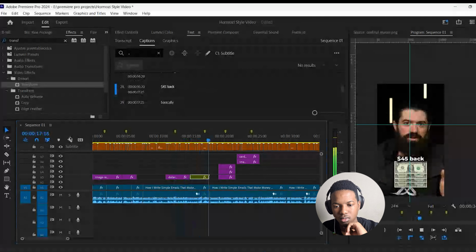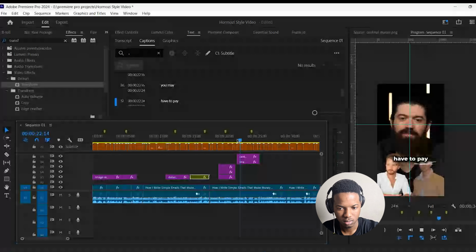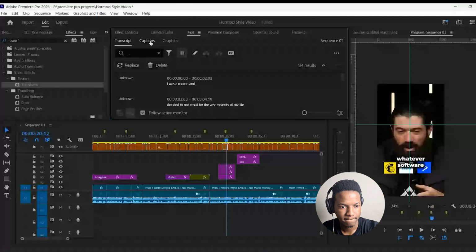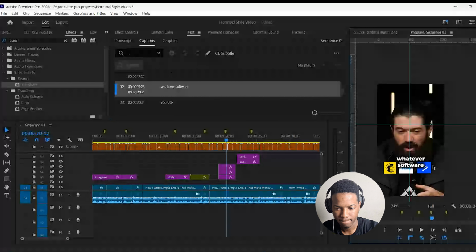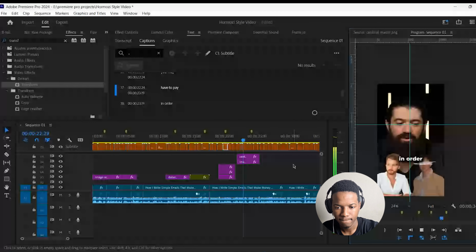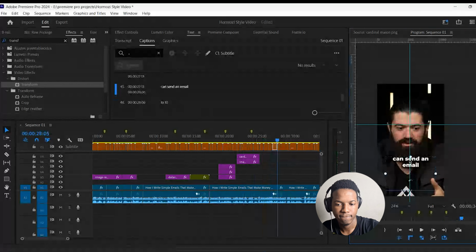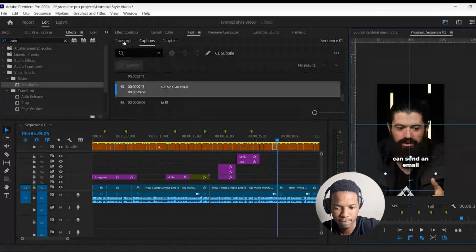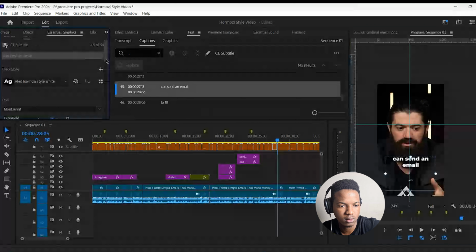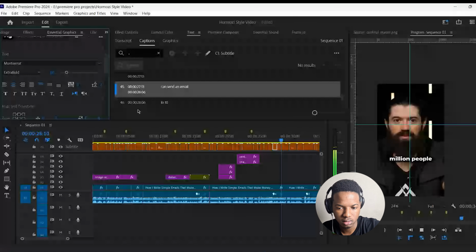Software you use and whoever or whomever you may have to pay in order to write the emails. That's pretty much it. And so one email writer can send an email to. I'm gonna have to make this smaller. So let's go to Essential Graphics panel, and let's just make this smaller. Put it at about 80. million people, and